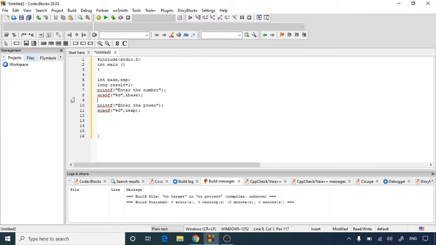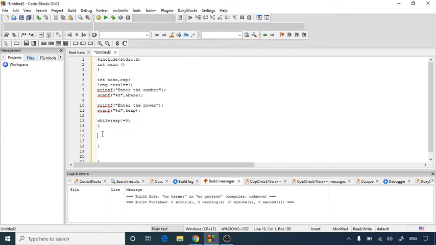Now it's time to perform the operation. So we are using a while loop. For the while loop I'm putting the condition as exponent not equal to 0. Till it becomes 0 it has to do something. That means it has to multiply.